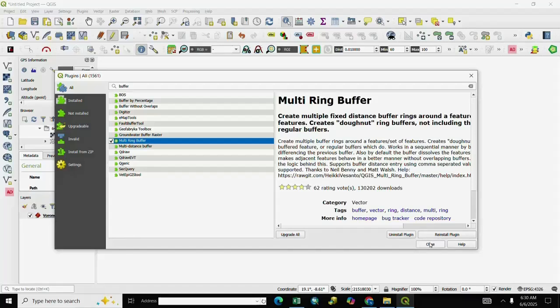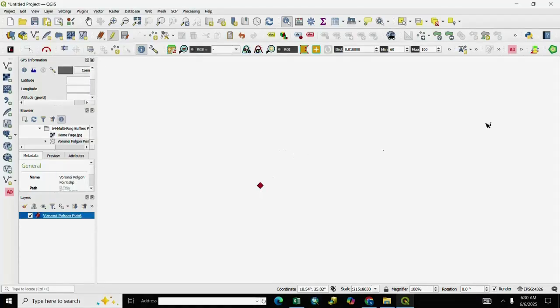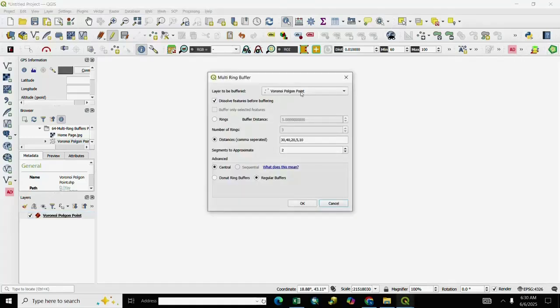We already installed, we close it. After install, you see here this type of buffer icon. We select it. After selection, we select here point.